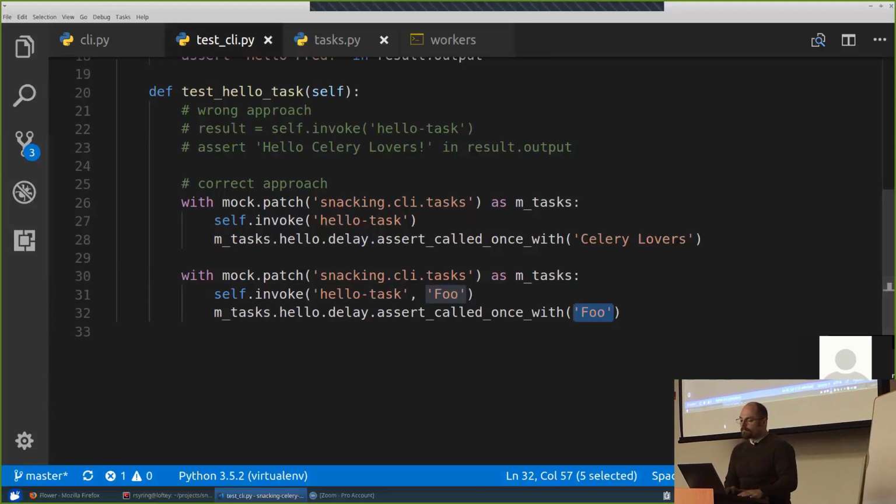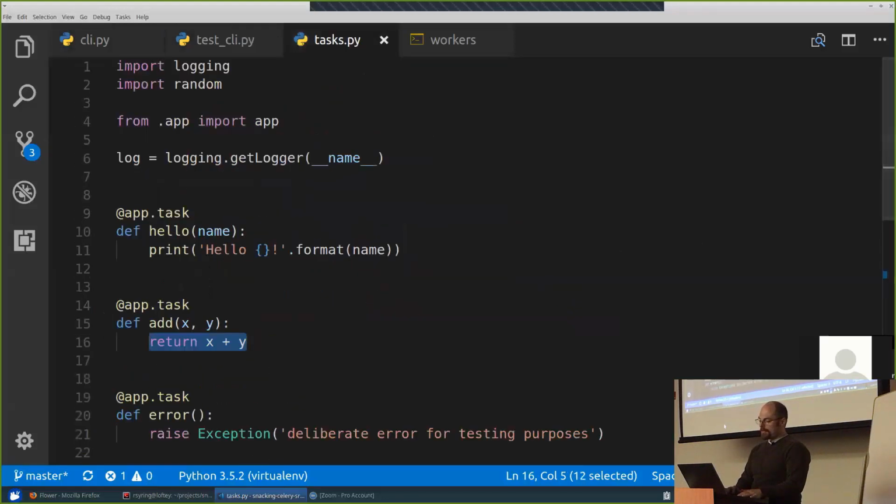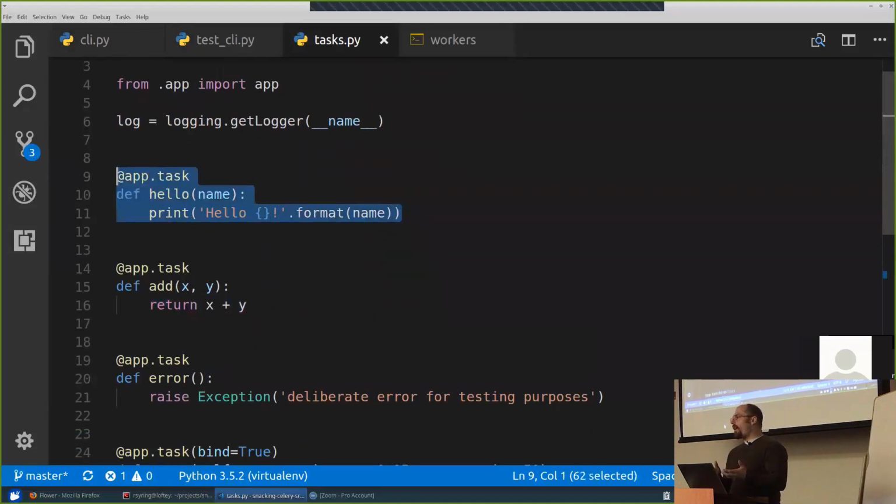Okay. So when I go back now to my tasks, I have a hello task. Now I want a test that tells me if this hello task is called with a name, that the print method is actually called correctly. Because that's its only job, right? Take the input, add it to a string, output it. So if I go to test Celery,